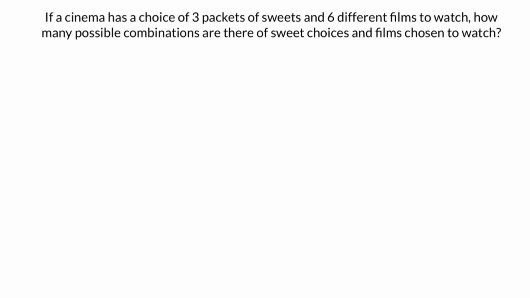For questions about probability, you often need to think about all of the outcomes that could happen if an event occurred. This is often called the product rule, finding the total number of outcomes that could happen. For example, if a cinema has a choice of 3 packets of sweets and 6 different films to watch, how many possible combinations are there of sweet choices and films chosen to watch? So if we write all the sweet choices out as A, B and C, and the film choices as 1, 2, 3, 4,